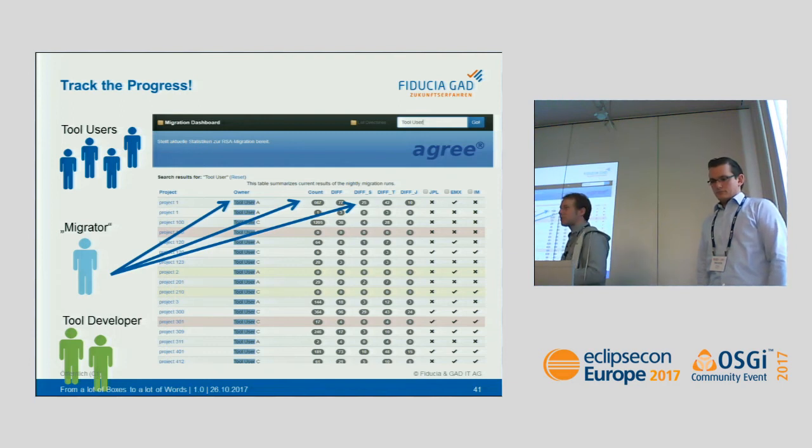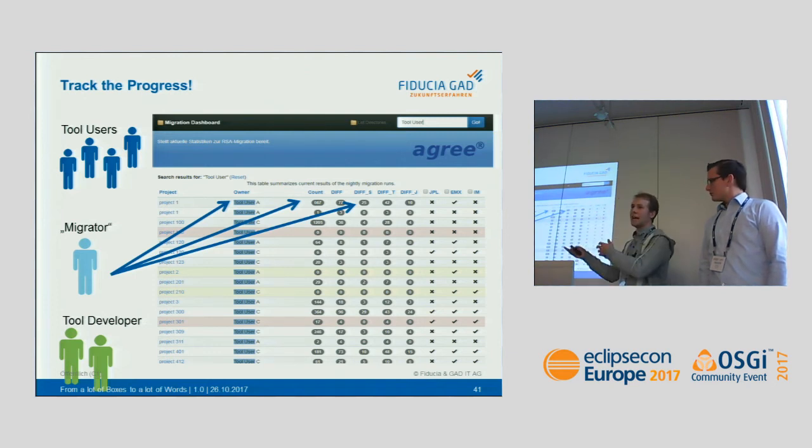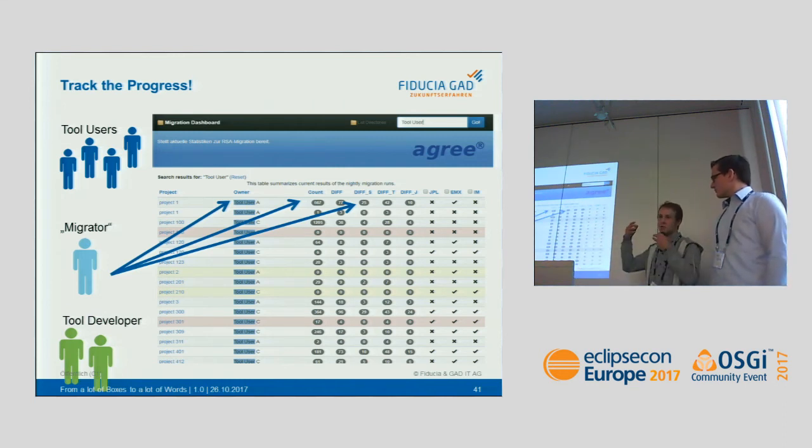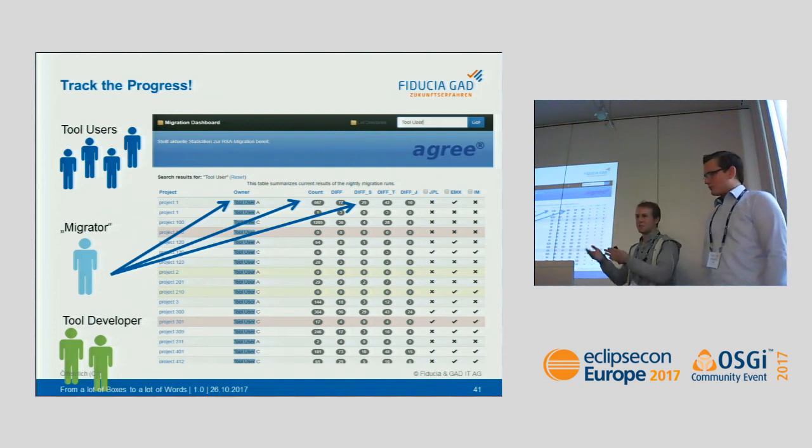Now, the migrator is foremost interested in who's owning the project, who is responsible for the module, because he wants to use it as a grouping criterion. He wants to make a plan. It's better to get to a module owner that owns 50 projects, because he can migrate them all in a row, and he has to explain it once to the person. It's better than to step to a module owner that only owns 2 modules, because there would be a certain